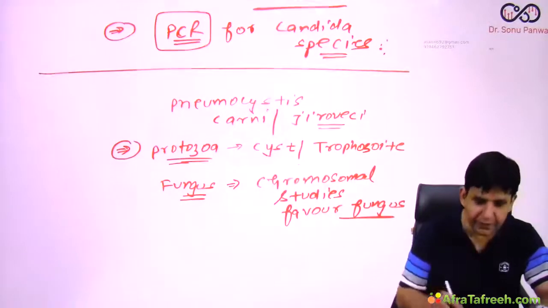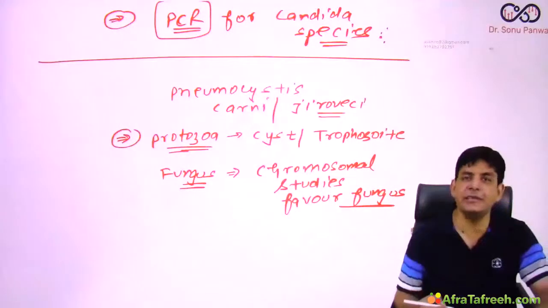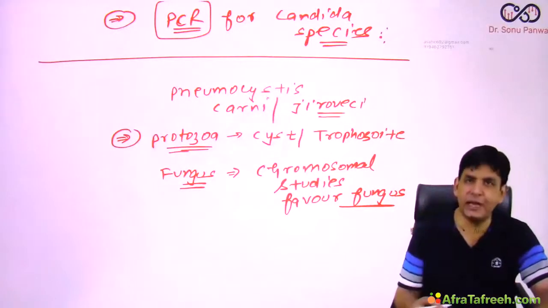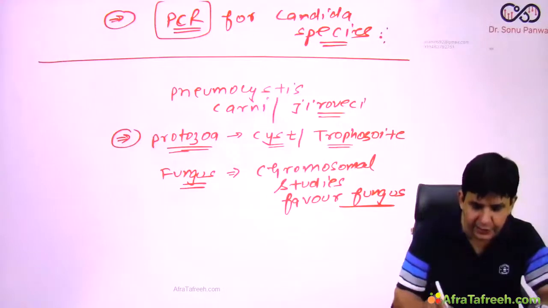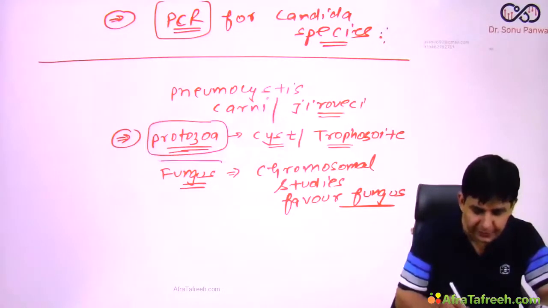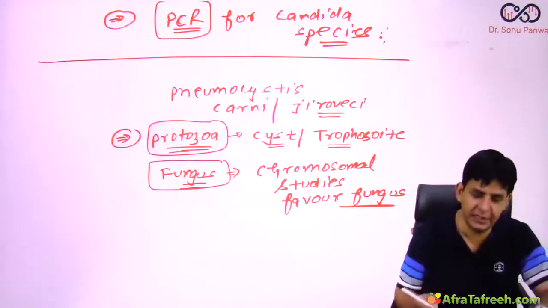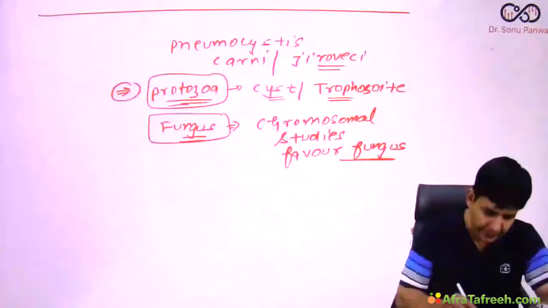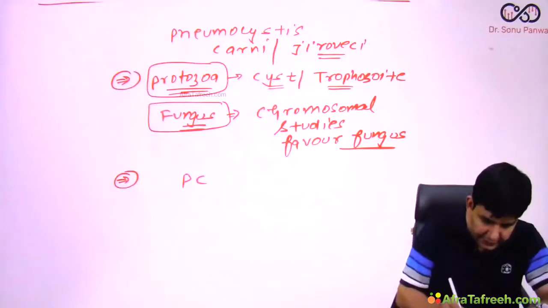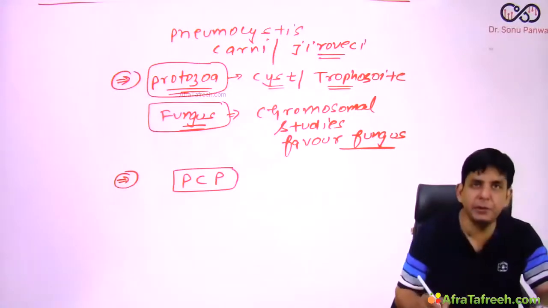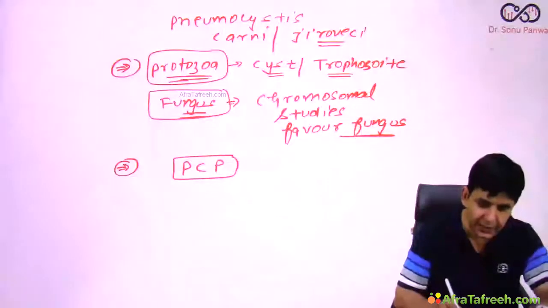Okay, but the problem is it is not cultured on SDA, so that's a problem. Otherwise it would have been a fungus, but still it is controversial, and it exists in cyst and trophozoite form, which is a feature of protozoa, and the fungal ones are chromosomal studies favor it to be a fungus. Now this particular one leads to a particular type of pneumonia, termed Pneumocystis carinii pneumonia,